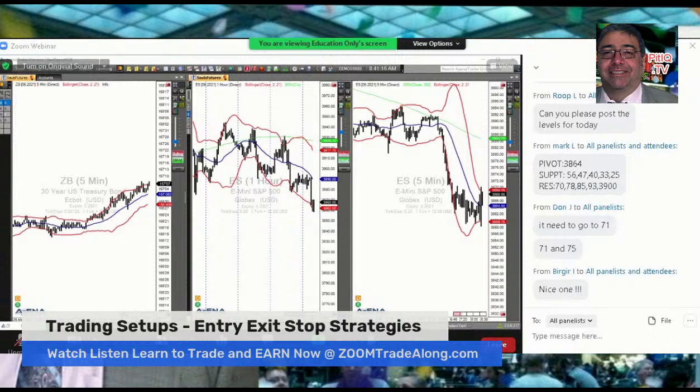So again, we are just trying to find these areas. We put together a methodology that helps you find these areas and opportunities to trade. Yesterday, like I said, it took us like maybe an hour to find a trade. Today, obviously, we've got a couple quick trades here in the first 10 minutes. Just never know when we're going to get busy, right? That's the beauty of the beast here. Sometimes it's easy. Sometimes you have to work. But this is what it is. It's not easy. Let's put it that way.